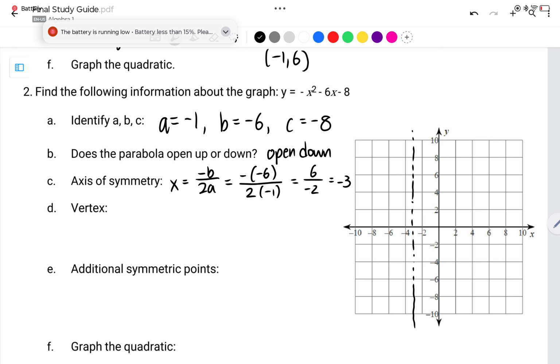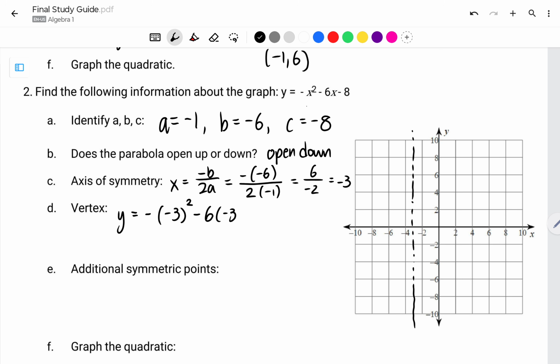Okay, and then vertex, again, plug it into the formula. This is where it gets a little bit tricky. I'm going to plug it in directly. Exactly, okay? So negative, right? The negative comes first. And then my x is -3. So -3 squared